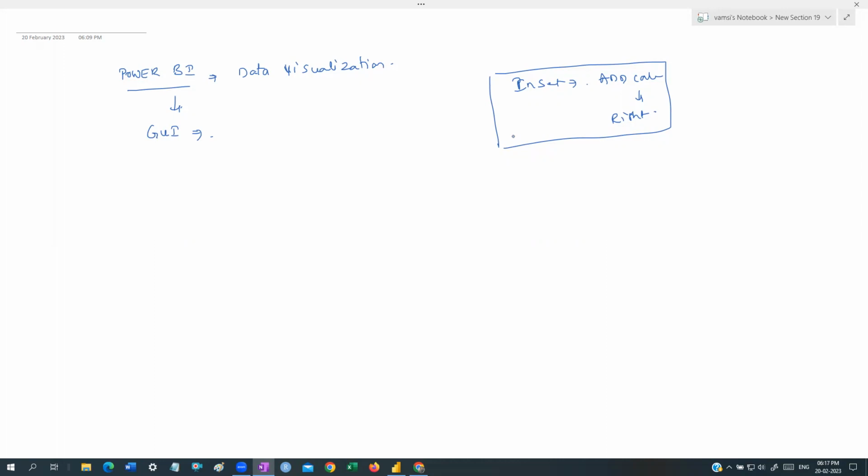No writing of any programs. A small script you may write, but that is not scripting or any logic. Data visualization itself is converting all the data into a visual format. Everything is done by drag and drop options only, guys. We don't write any code for that, and we don't require much programmatical skill.